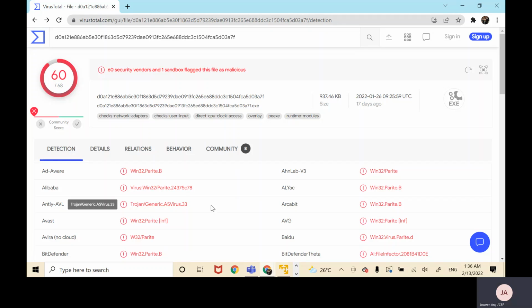Hi all, today I will be conducting basic static analysis on a malware called Win32.Pinfi.B using the Windows XP machine. With basic static analysis, it will give us an overview of the malware and its functionality. Before we get started, I'll first use VirusTotal as shown here, which is